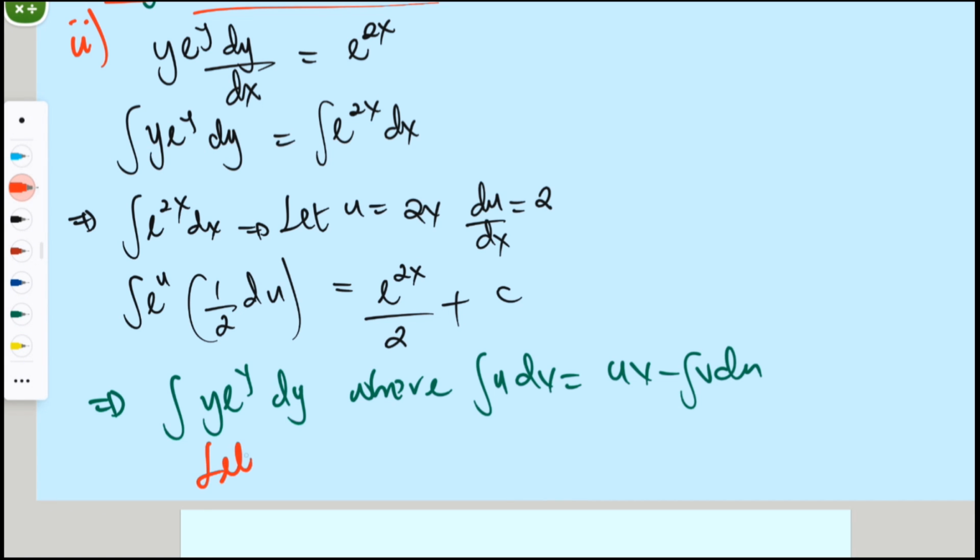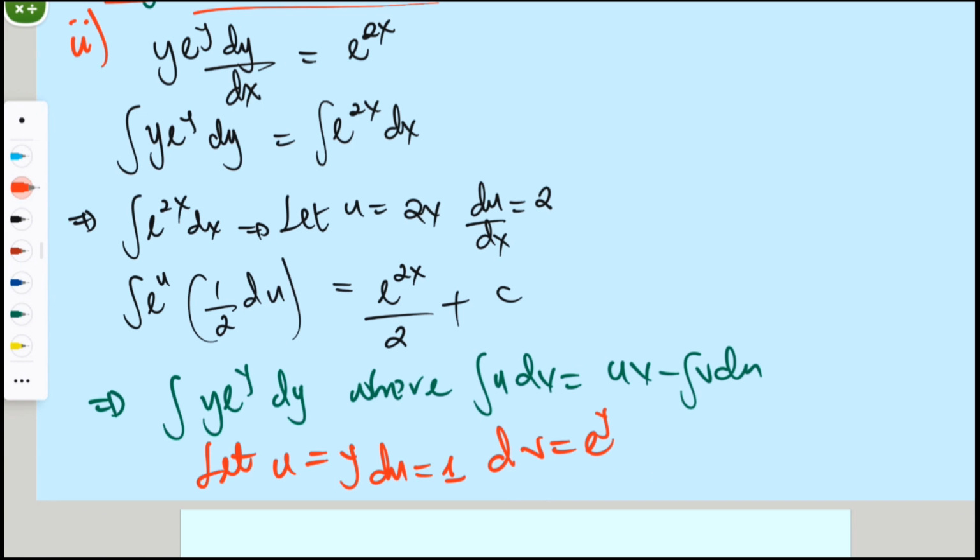So I'm going to let u be, in this case, y, and dv be e to the power y. Okay. Lastly, if I differentiate this, du would be equal to 1,